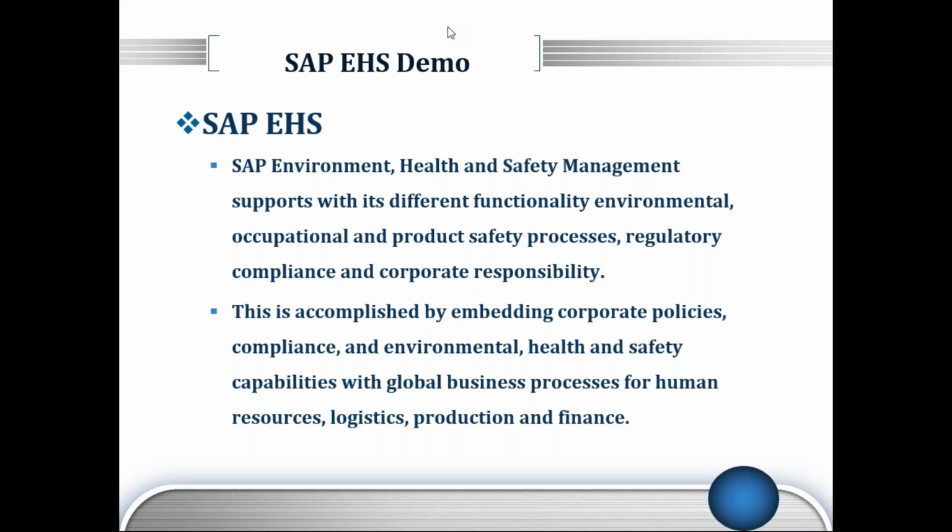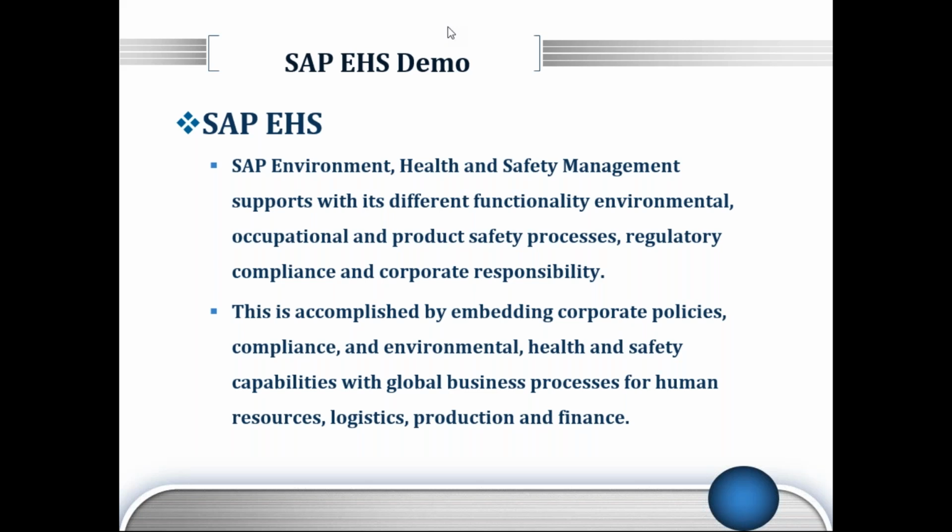All these scenarios make it very flexible and very attractive for organizations to go ahead with SAP EHS. Okay, and we can also embed the corporate policies, because whatever EHS system we are speaking about, it comes right from the top management to the basic level in an organization. So you can incorporate your corporate policies.